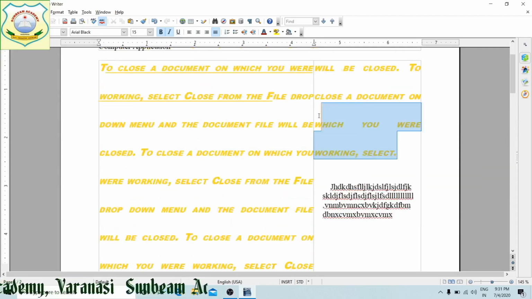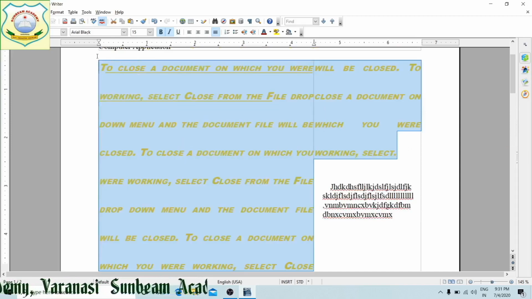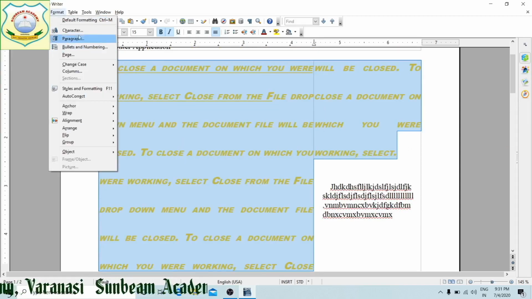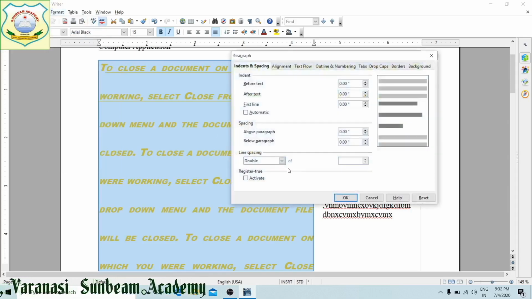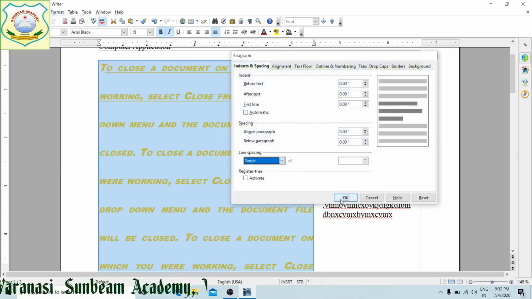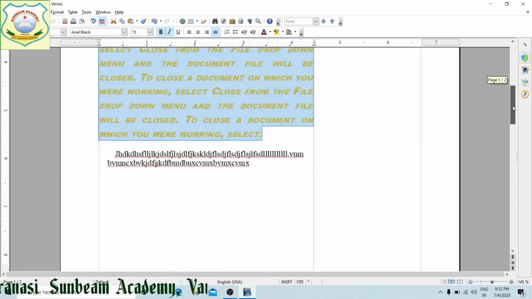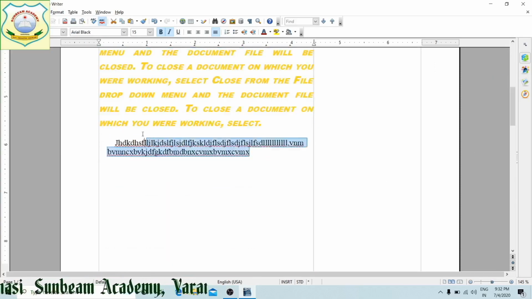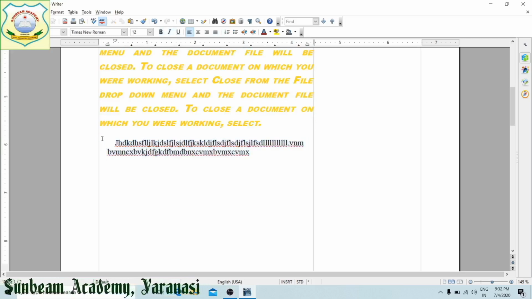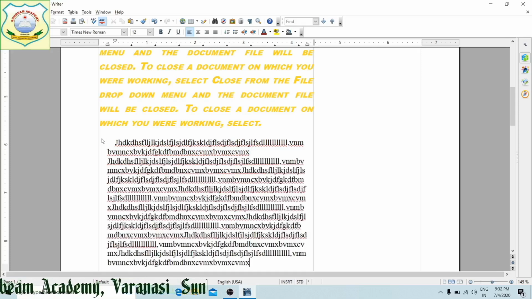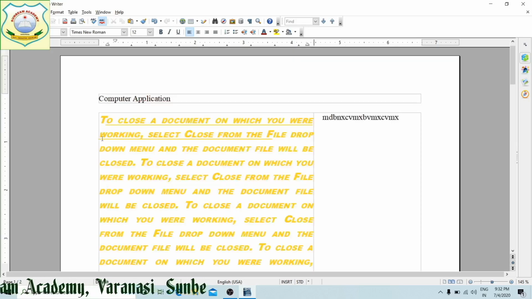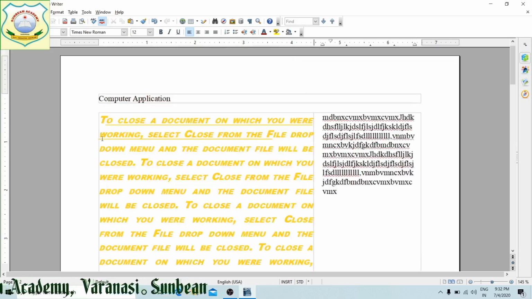Now I am going to decrease the size of this one, then it will be more clear. This I am giving single line space. You can see I have completed here. Now I am going to copy this one and paste it over here. As soon as it completes, it will move towards the next column, right? This is newspaper style. You can see this in your newspaper also.